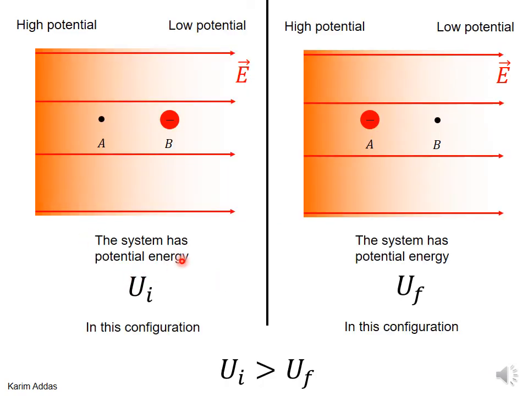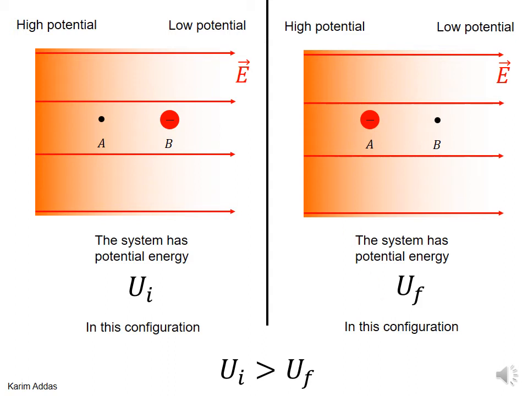So this is exactly opposite of what happened for a positive charge. If you remember, for a positive charge, when the positive charge was at point A, that was a configuration of high potential energy. Now it's the opposite. Now when the negative charge is at point B, this configuration is a configuration of high potential energy. And the reason is because of this negative. There's a negative charge. So negative and positive charge, they have exactly opposite situation. So this configuration is a configuration of high potential energy, and this configuration is a configuration of low potential energy